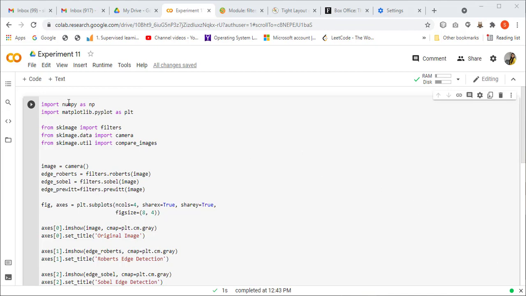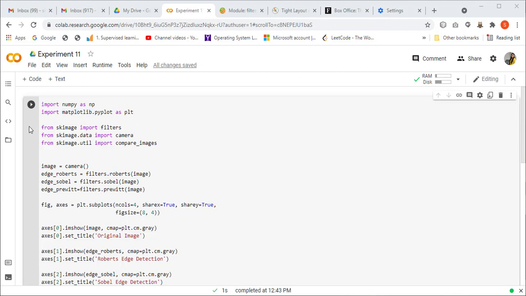Okay, so first thing is NumPy. The NumPy library is basically a numerical library that is present in Python. All the numerical operations that can be performed on an array are present in this library. The next library that we have imported is matplotlib.pyplot, which we have already discussed is used for plotting various charts, graphs and images. For all these things we need this pyplot library.